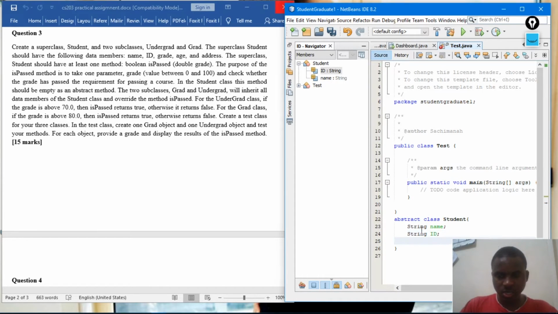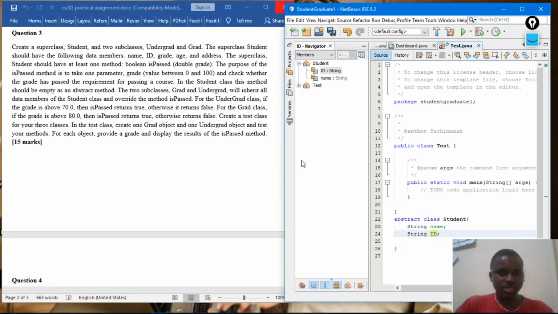But we know that naming a variable like this is not in accordance with the naming conventions of variables. It must start with a small letter, but here our problem had already stated our name of that variable like that, so we are going to just leave it like that.